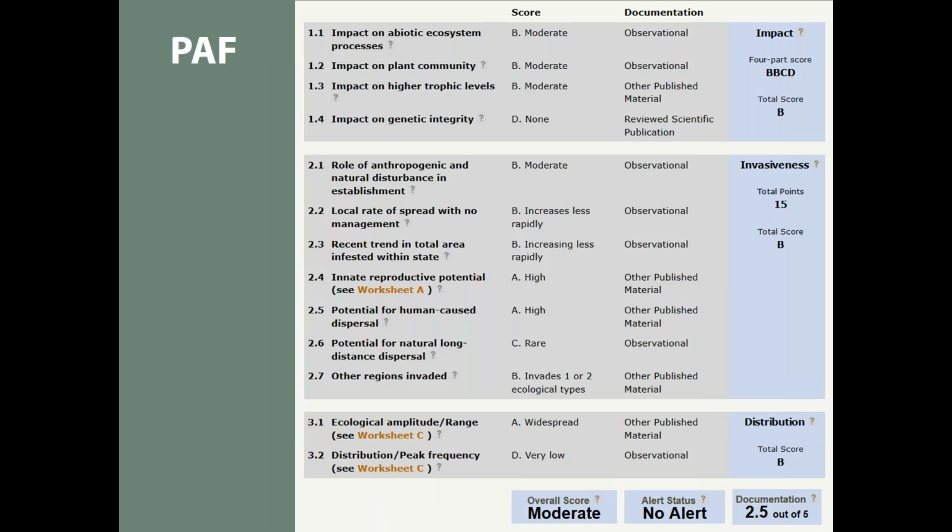So I talked about the PAF, which stands for Plant Assessment Form. And this is, as Doug was talking about, the transparent criteria of how we list a plant in our inventory. You can see that there's 3 different sections and 13 criteria in this list. We have several questions on the impact of the plant. We have several more questions on the invasiveness and 2 questions on the distribution of the plant. So this is how we document our findings and justify our rankings of the different species. If you go to the next slide,